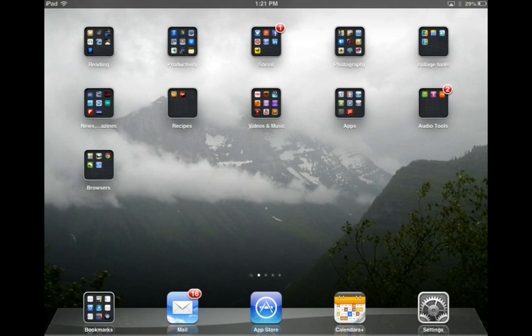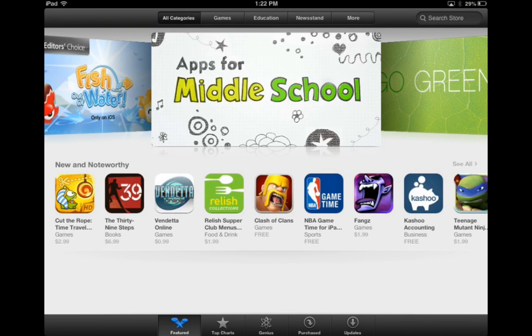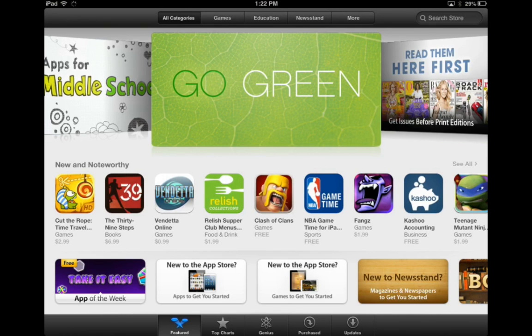I've been covering the App Store in previous tutorials, so I'm going to continue on with that. And this time I'm going to take you into the Purchased section and help you understand how that works. So the first thing we need to do on our iPad is find that App Store icon and tap on that. And that's going to open up the App Store. Across the bottom, we've already gone through Featured, Top Charts, Genius, and now we're going to look at the Purchased